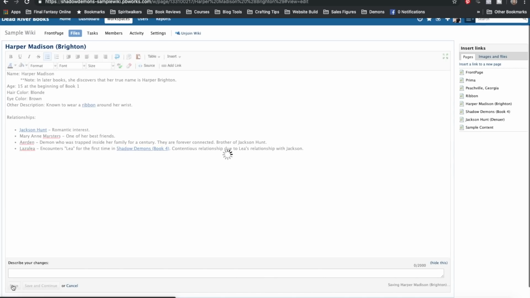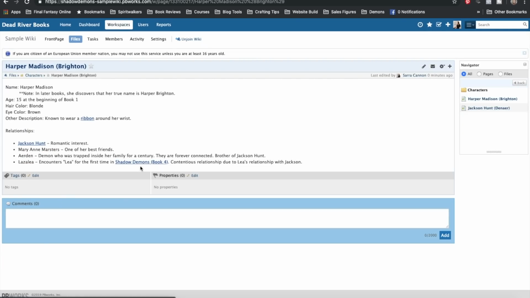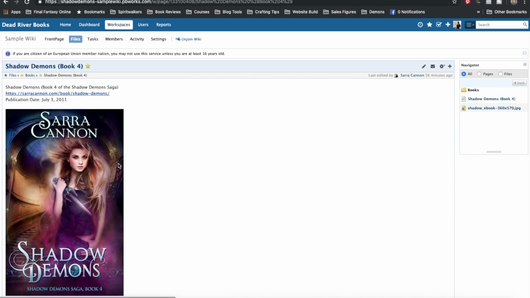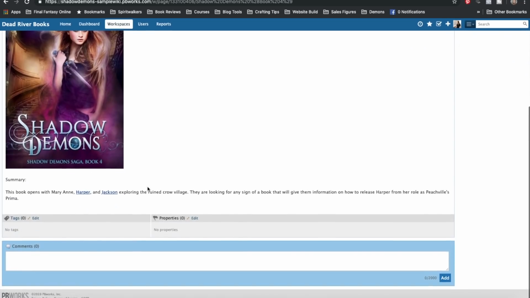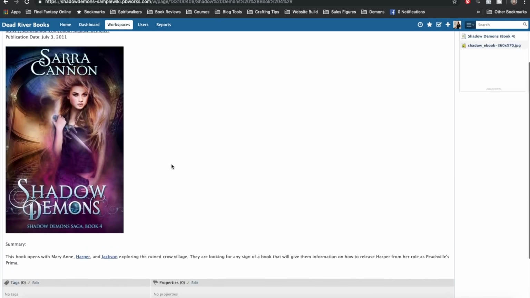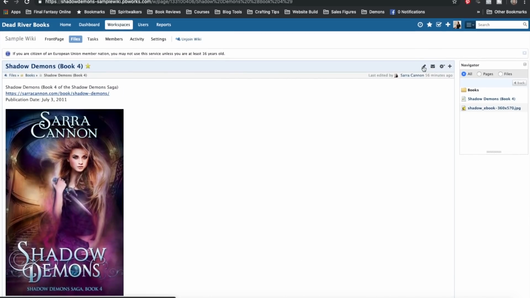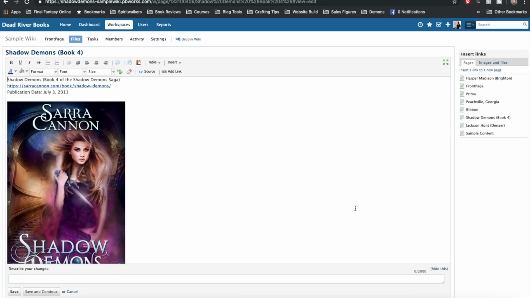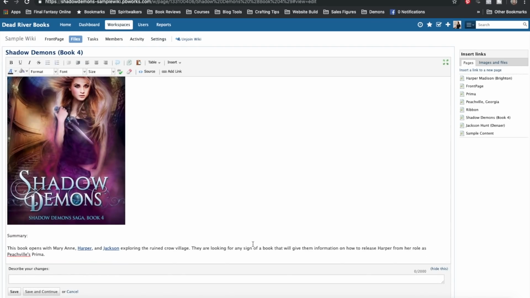So when I go to click save, now all I have to do, if I'm reading through this and I see, oh, she just encountered her for the first time in this book, I click on the name of the book and it brings me back to the Shadow Demons page. Showing you another example of that when you're setting this up and how it becomes so magical when you're doing your research. So I can go to edit page here, and remember how I was talking about Crow Village or